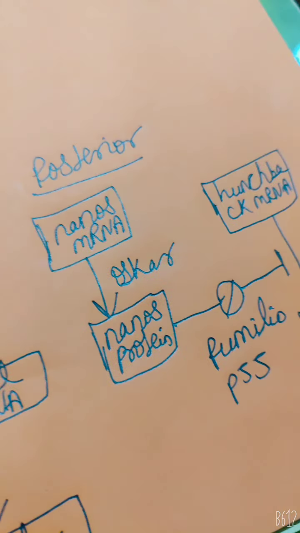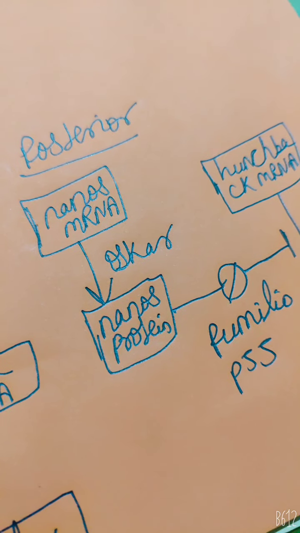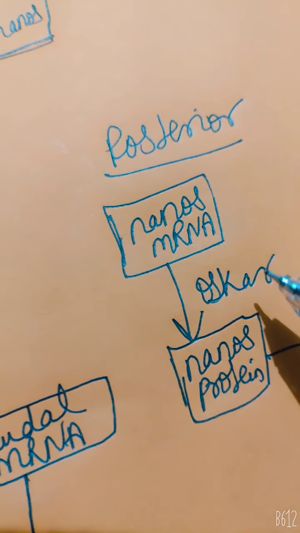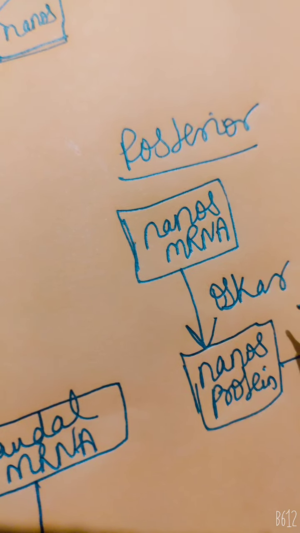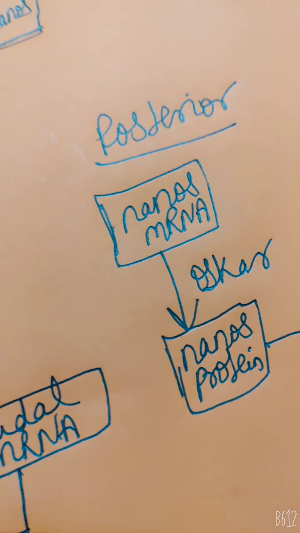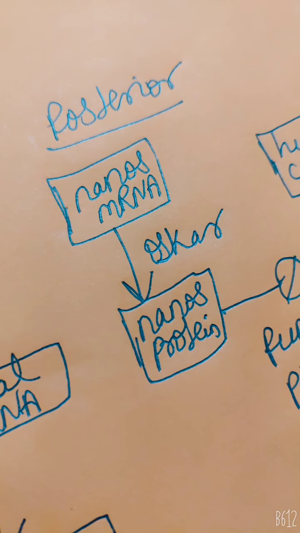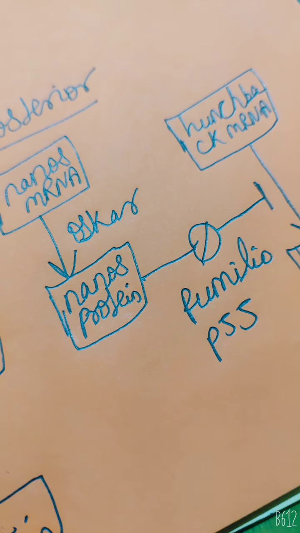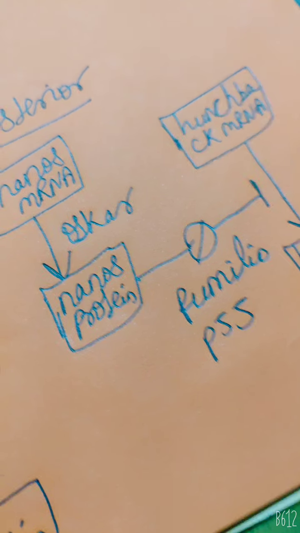Nanos and caudal are required. So it has to suppress the translation of hunchback mRNA. It has to only promote the translation of nanos mRNA, which is done with the help of a gene known as OSCAR gene. Nanos mRNA with the help of OSCAR gene results in the formation of nanos protein. Nanos protein with Pumilio, that is a repressor protein, will prevent the translation of hunchback mRNA in